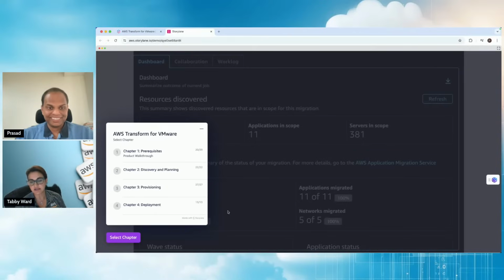There are different ways that you can use ADS, agentless versus agent-based. There are advantages of using the agent-based. We can share that article with you. And the last question that was shared, yes, the Transform uses MGN underneath the hood, and it creates those launch templates, but you have to be involved. It takes you to the MGN, and same thing that you used MGN before, it would be the same process.